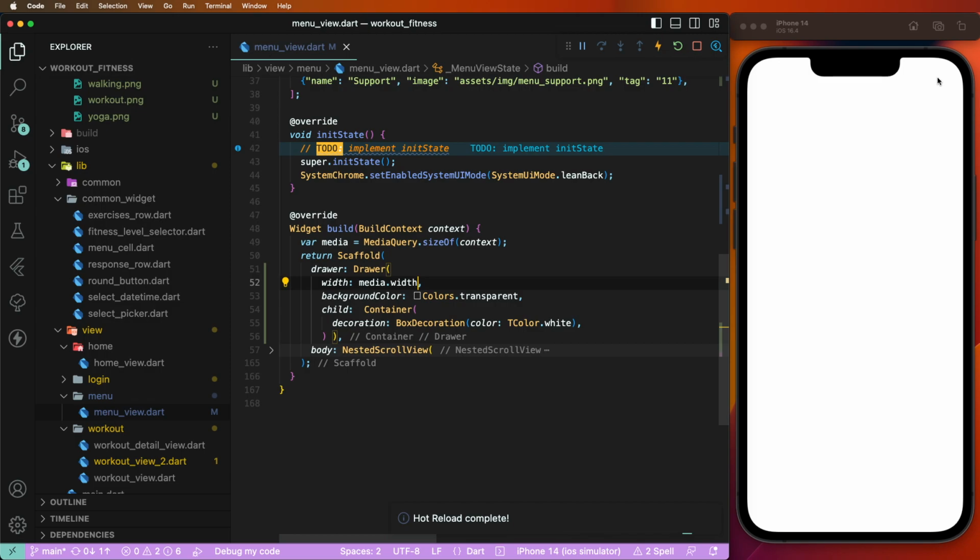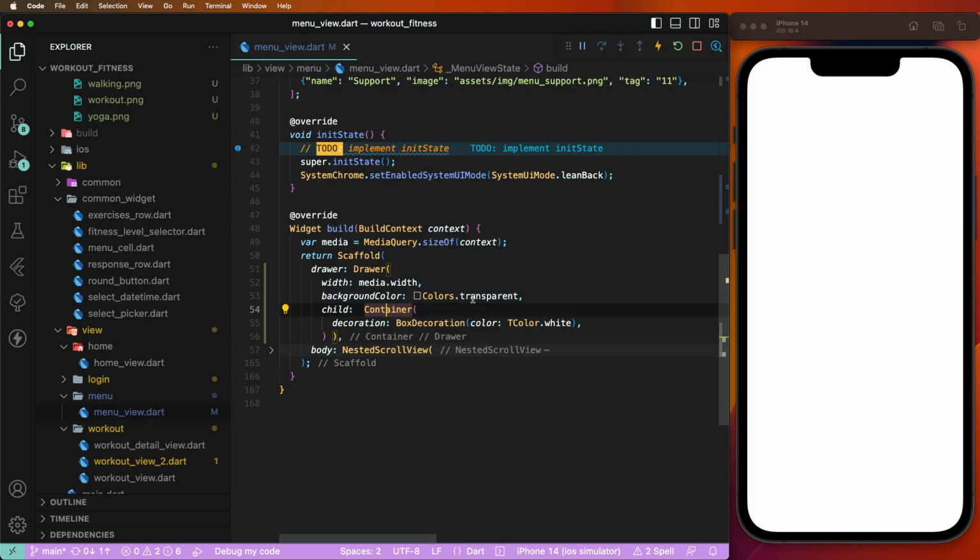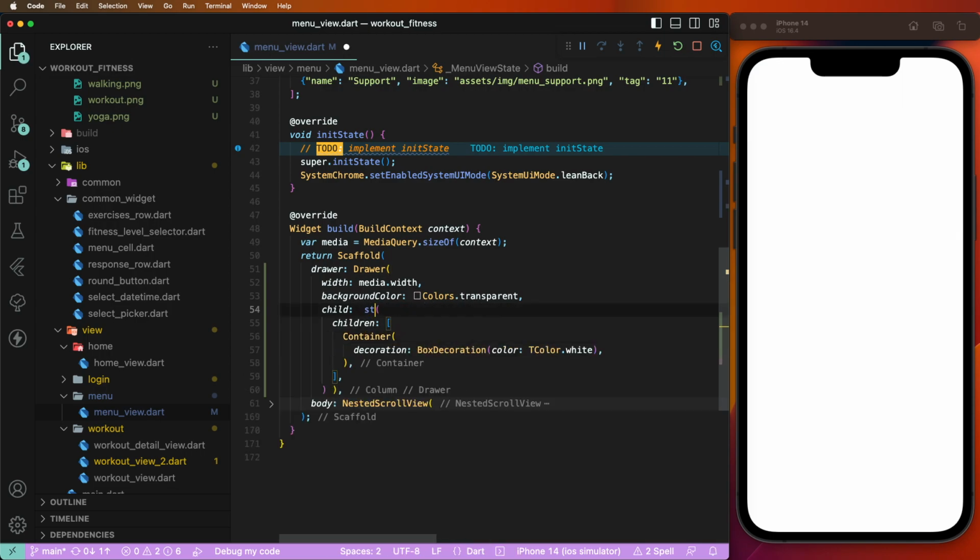Now open this UI in full screen, and now we need to set some configuration. First of all, create the stack, write the column, convert it into a stack,